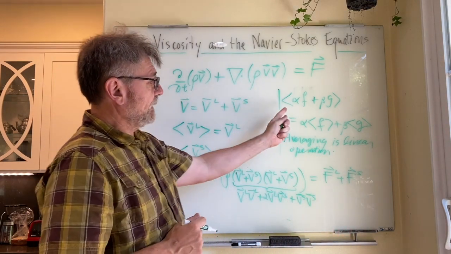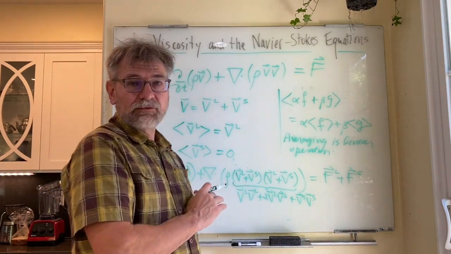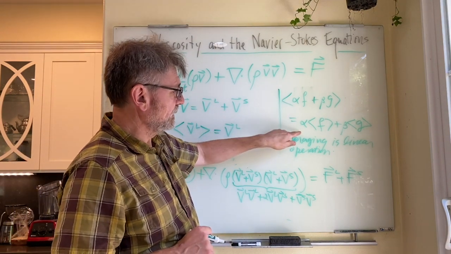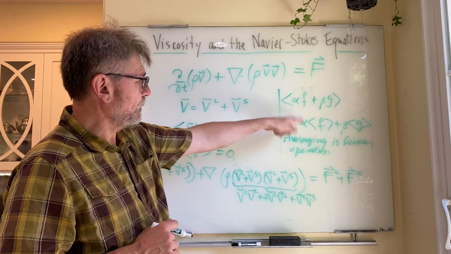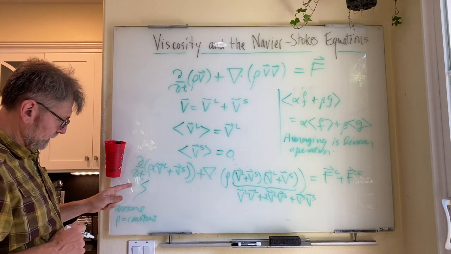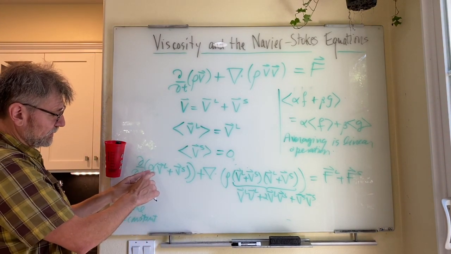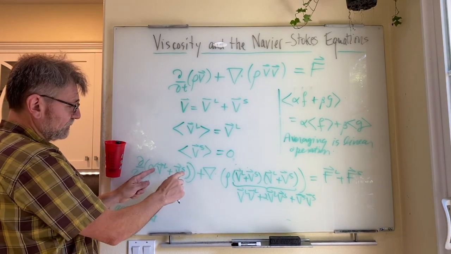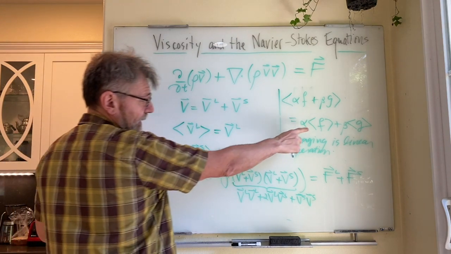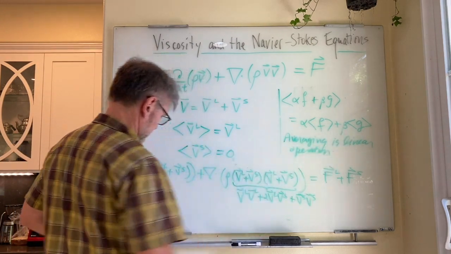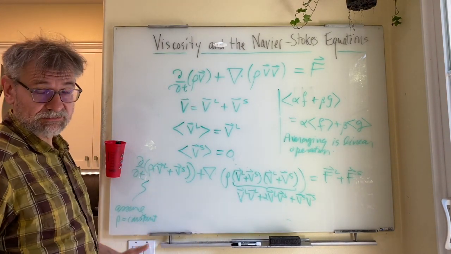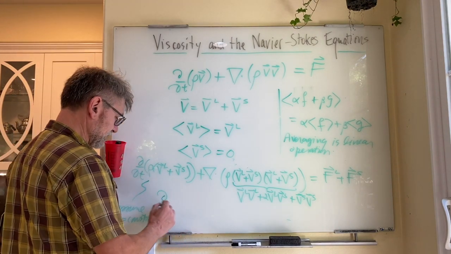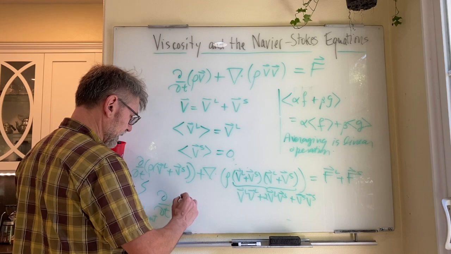All right, so you can verify this if you just take the regular average, where you just sum and divide by the total number of observations. You can check that averaging satisfies the property of linearity. So I'm going to use that because when I take the average inside here, rho is assumed to be a constant, so I can take it out of the averaging, and the average of VL plus VS is just the average of VL plus the average of VS. And the average of VL is just VL, and the average of VS is 0. So this term becomes d by dt of rho VL